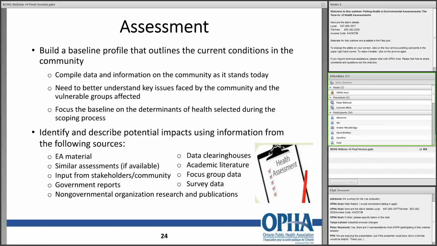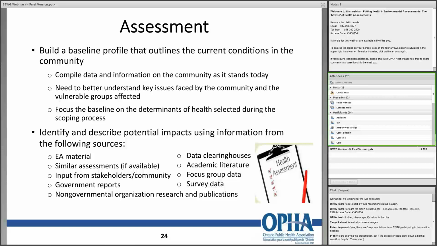So it's important to understand the health status of the community as it stands right now, to be able to identify what potential health impacts might happen in the future as compared to what the current status is. Also, using a baseline profile, you can identify and better understand the issues faced by not just the community, but the vulnerable groups that are affected. So that's the first part. And then following that,